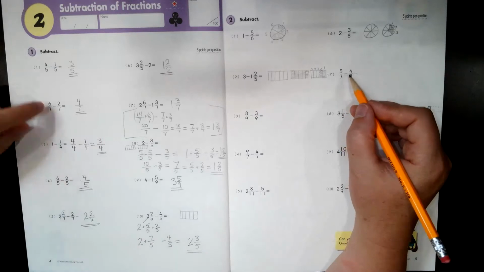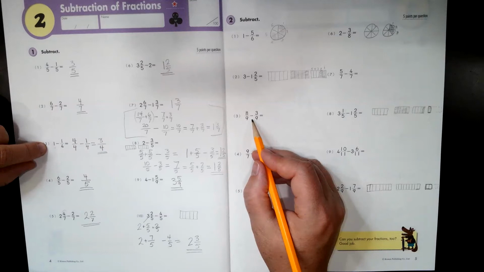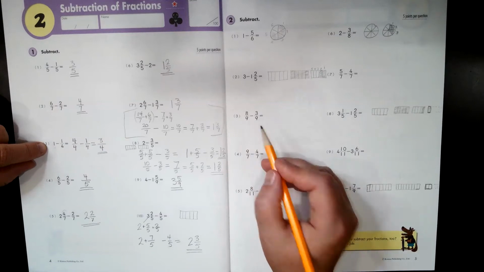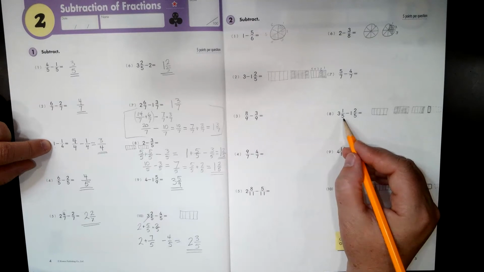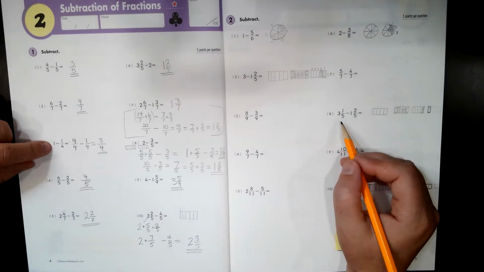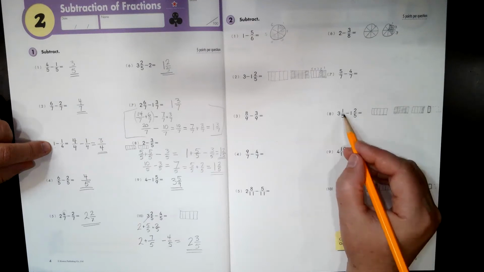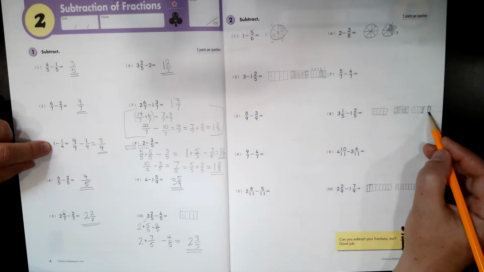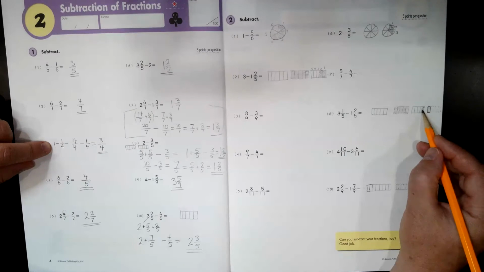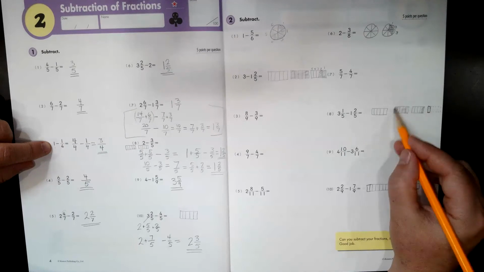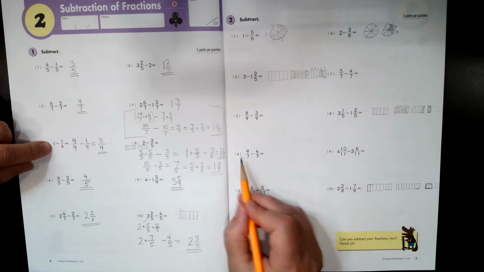This is more like some of these simple ones. So I didn't draw a sample picture to help you see that because I think that you can do this already. So I'm trusting that you know how to do that because we did it over here. But here's a more complicated picture where we have 3 parts plus 1 of 5 parts. So here's 1 of 5 parts. And we have to take away 2 parts plus a whole 1. And then we can figure out what's left. Again, these are more simple